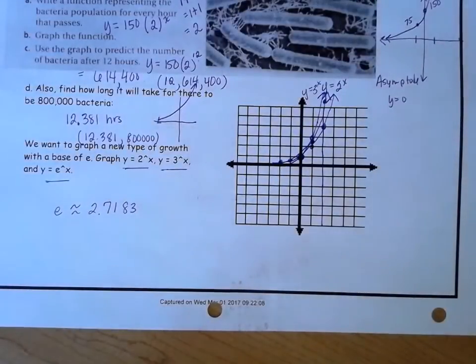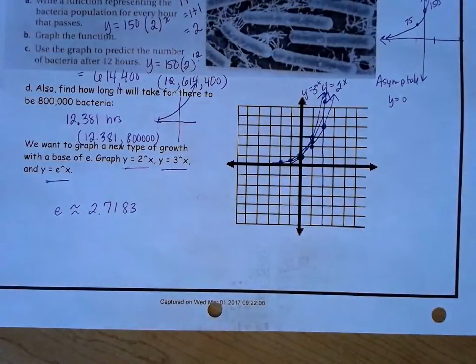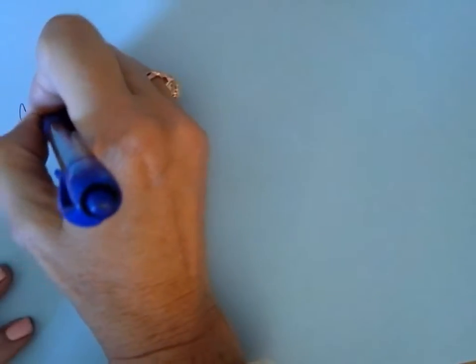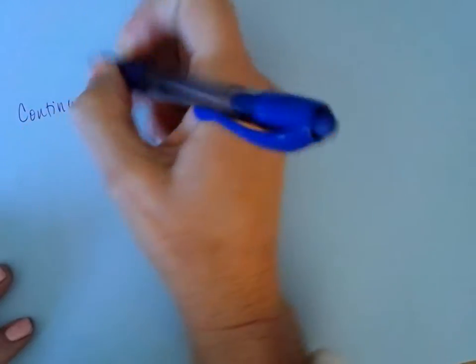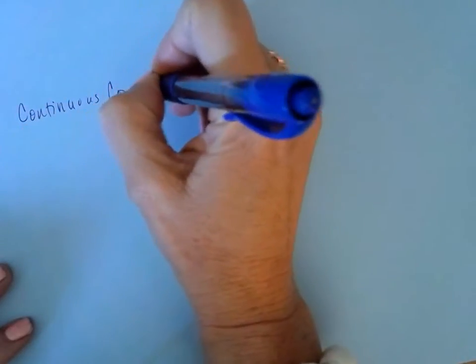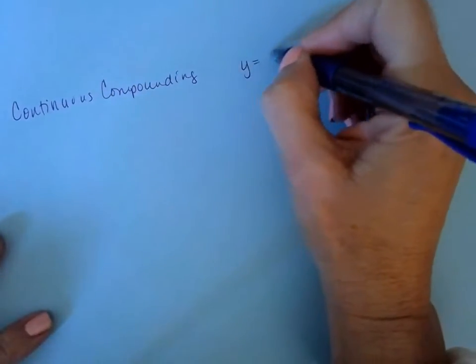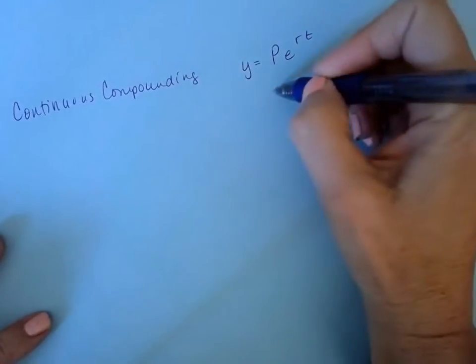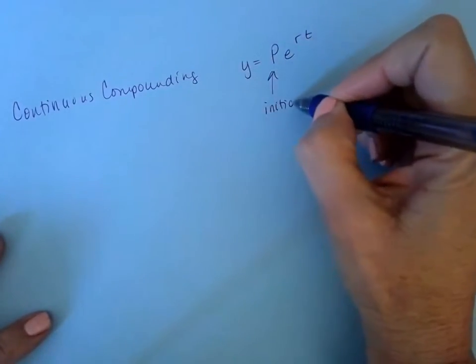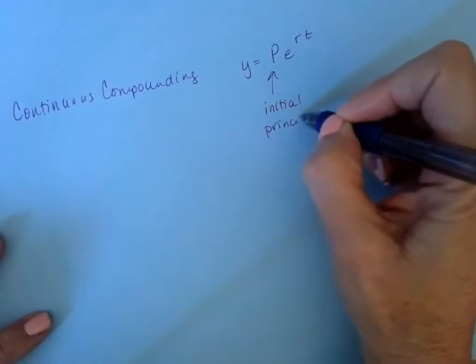Okay, we're going to go back to writing down a few formulas. So these are the formulas we're going to learn today. The first is called PERT, and PERT is what you use when you are doing something called continuous compounding, which we already referenced. And it's basically going to be y equals P times e to the r times t, where P is your initial investment or principal,